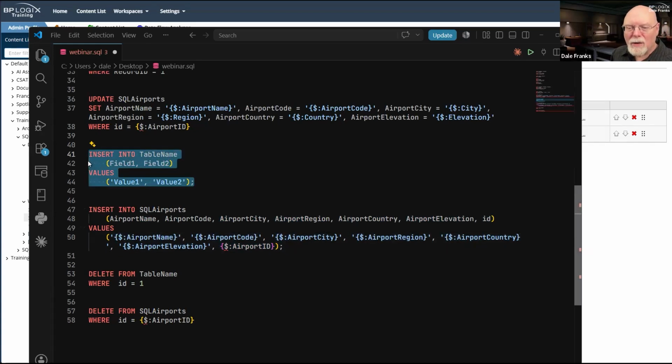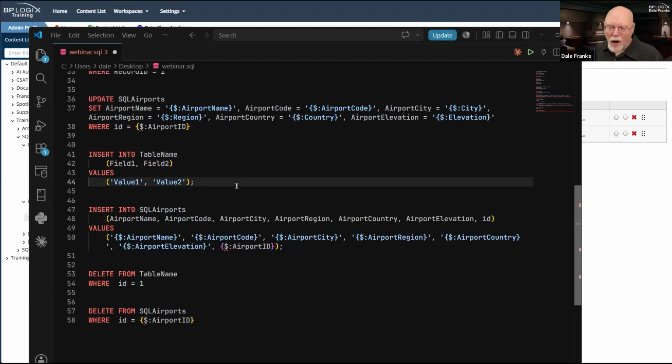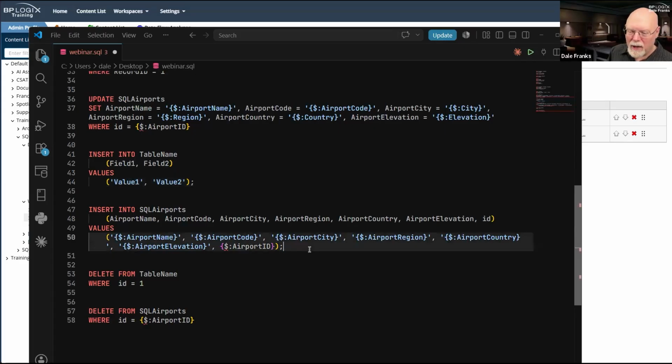So insert into, and then you have this long list, however long it may need to be to get all your fields in there. And then you have the values phrase, which is once again that set of parentheses that you now have to go and ensure that they are in the exact same order for your field values as the field names that you placed up here. It is awful and I hate it. And I don't know why they did it that way.